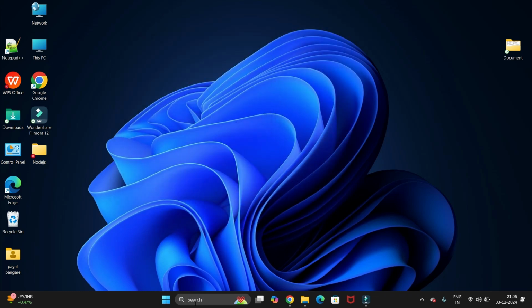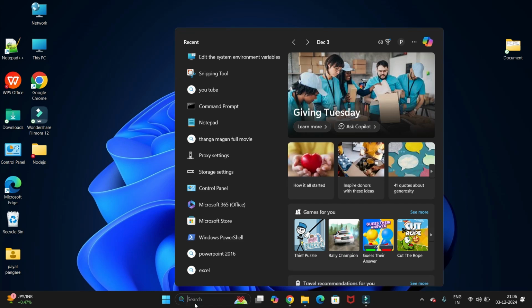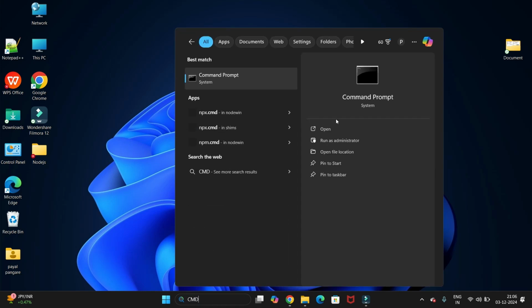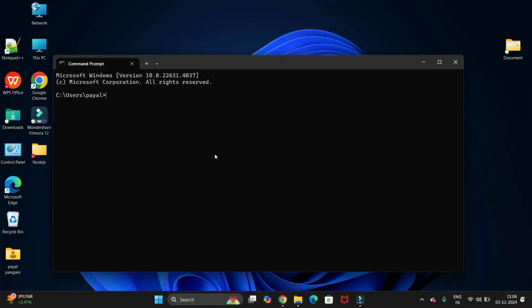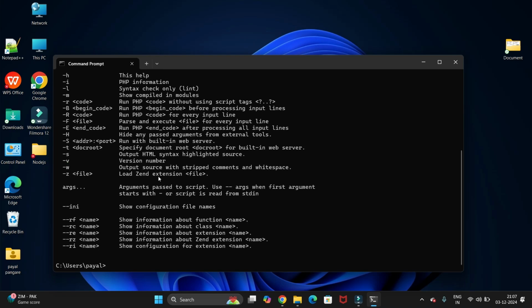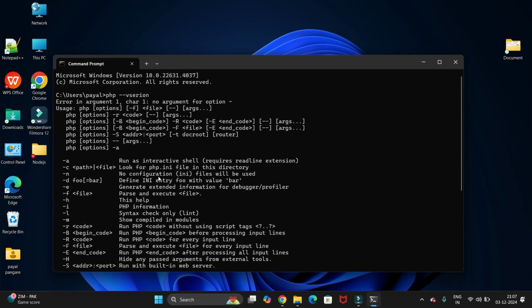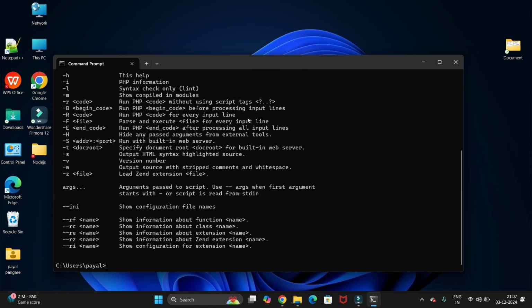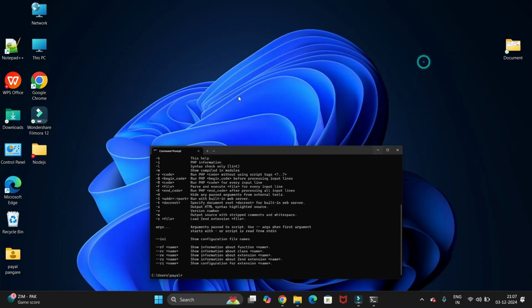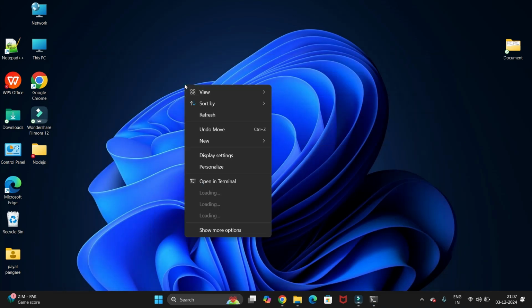And now we have to check whether PHP is installed or not. For that, open the command prompt and type php space hyphen hyphen version and just hit enter. So it will show that your PHP is installed successfully. Now let's create a code. For that,